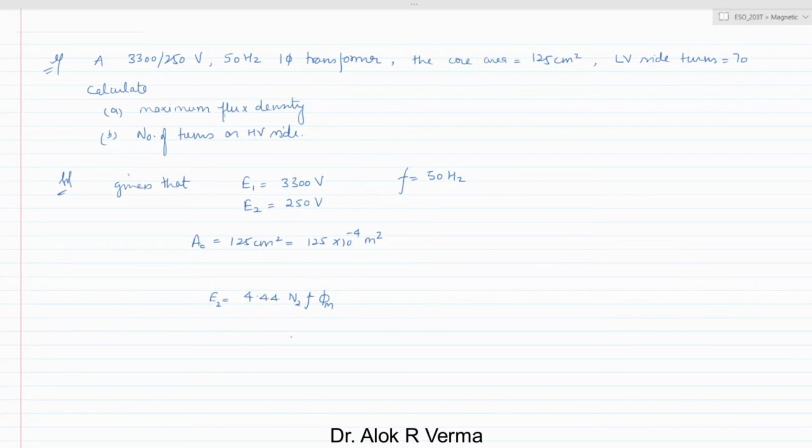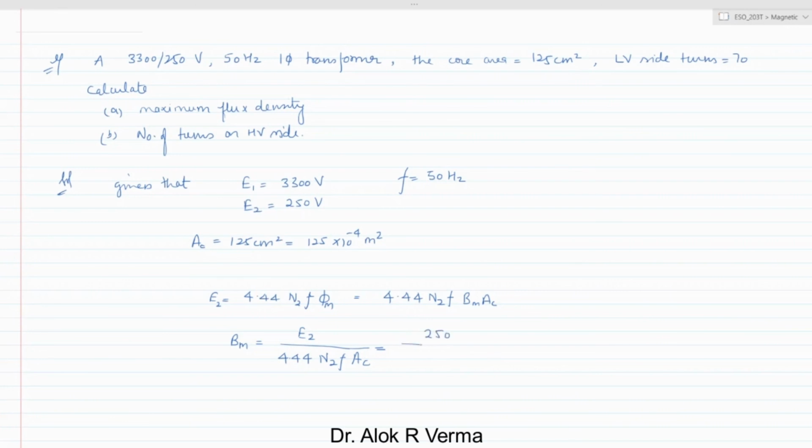Now from here we can also write E2 is 4.44 N2 f Bm into area of the core. The phi m is converted to Bm into Ac. Now from here Bm is nothing but E2 divided by the remaining terms 4.44 N2 f and Ac. If we put the values and solve, it will come around